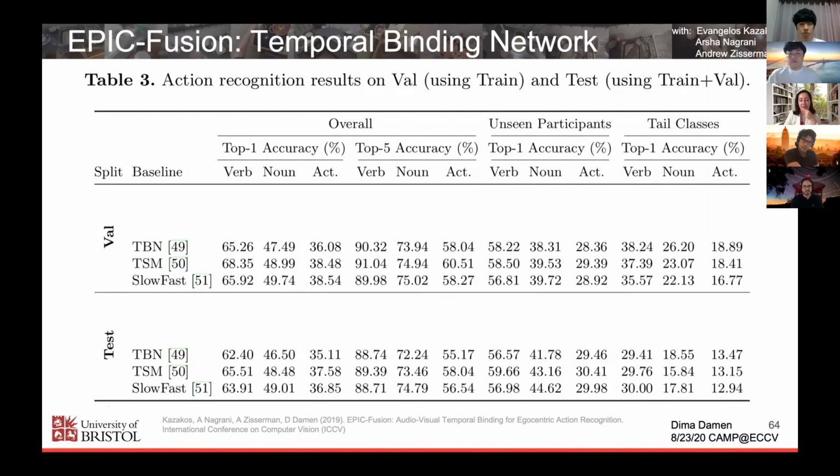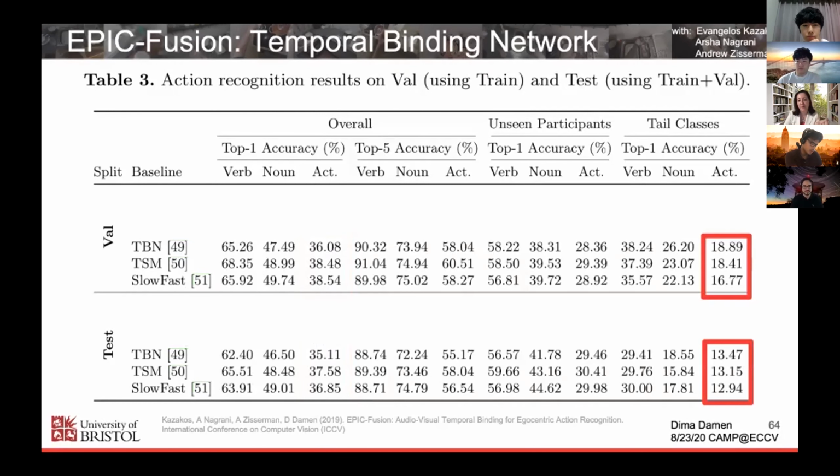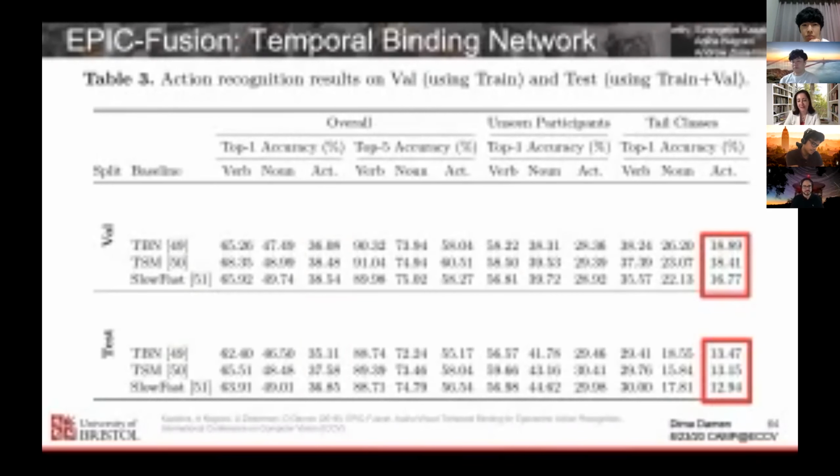And as part of Epic Kitchens 100, it's a full figure that I took out of the paper, just to show you what TBN does compared to other state-of-the-art action recognition. Even though currently on top-one action TBN is not the top performing, when it comes to tail classes, it's outperforming things like SlowFast or Temporal Shift Module, because of its ability to leverage the audio aspect of the approach. And increasingly, people are recognizing Epic Kitchens as a data set that's really good for audiovisual understanding because of the rich audio in kitchen environments.